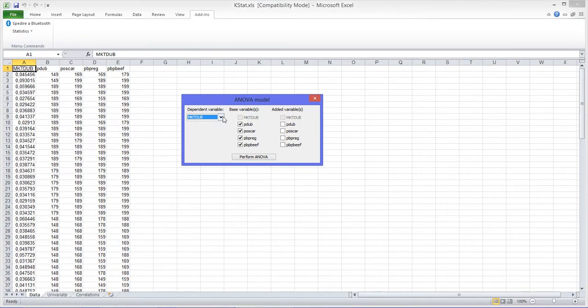In this window we have to select the dependent variable and the base variables and the added variable. For example, we can test these two variables breg and pbbif together to understand if these two variables together are significant. Clicking on Perform ANOVA,